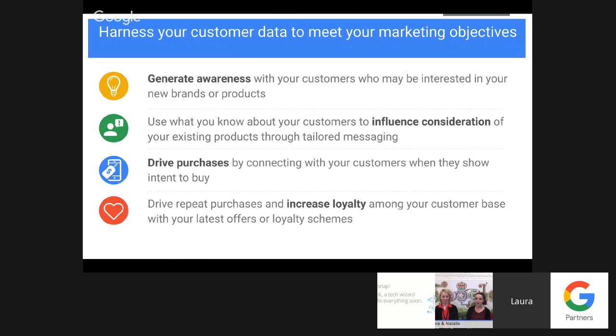So you can ultimately use Customer Match to generate awareness by potentially excluding customers that you already know to find new ones, influencing consideration of your existing products through tailored messaging, driving purchases by connecting with your customers when they show intent to buy. For example, signing up for a loyalty program in store or signing up for a newsletter. And ultimately then driving repeat purchases and increasing loyalty among that customer base. So using the customers that you already do know and driving additional value through them based on what you know